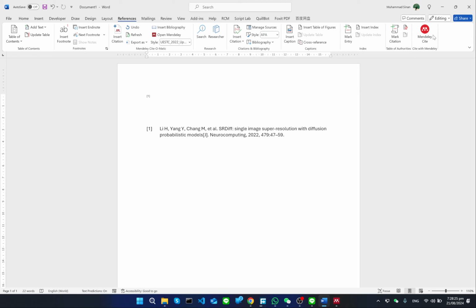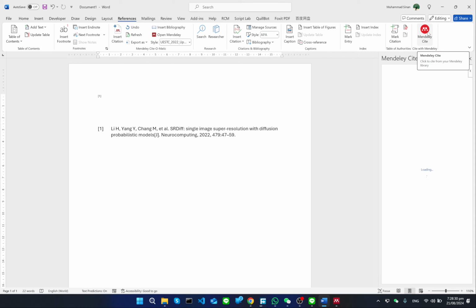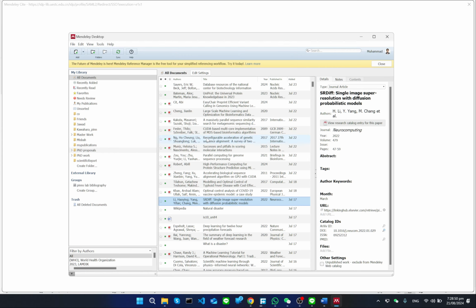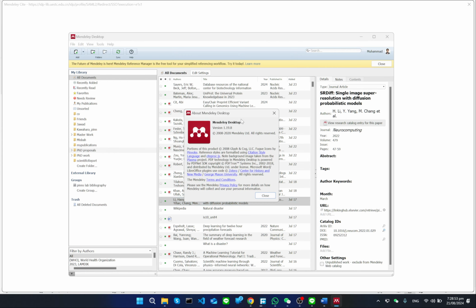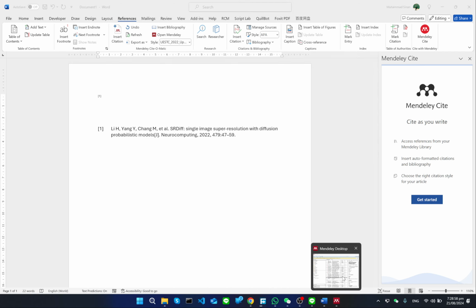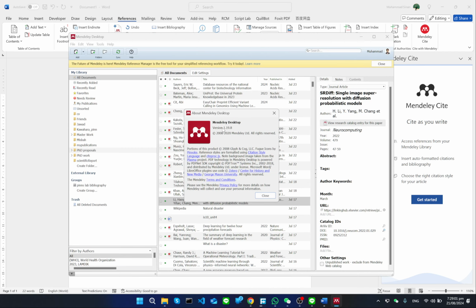And one thing more, here I have Mendeley Cite. The difference between Mendeley Cite and Mendeley Desktop Manager is that you can't install a new reference style in Mendeley Cite. But you can install a new reference style in a previous version of Mendeley Desktop Manager, okay? In a previous version means this one, where is that? Here, this one, okay? So version